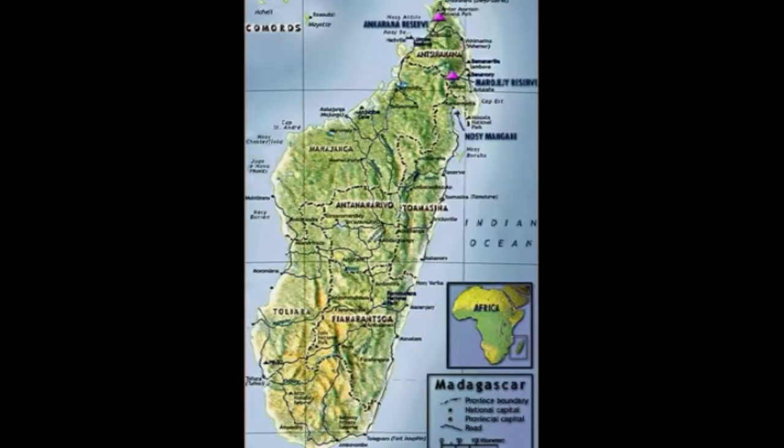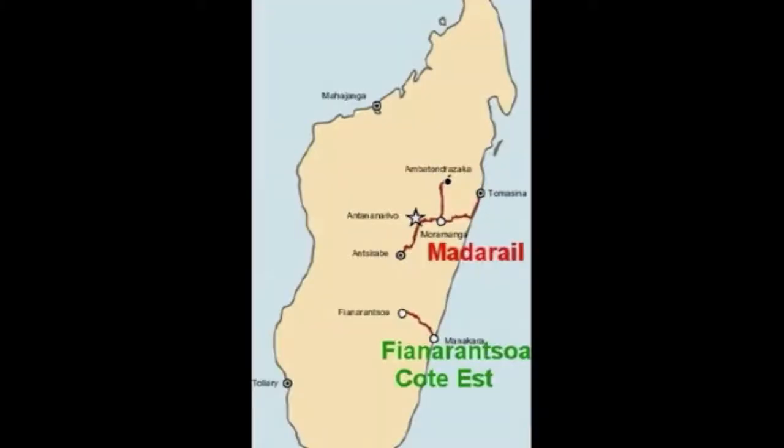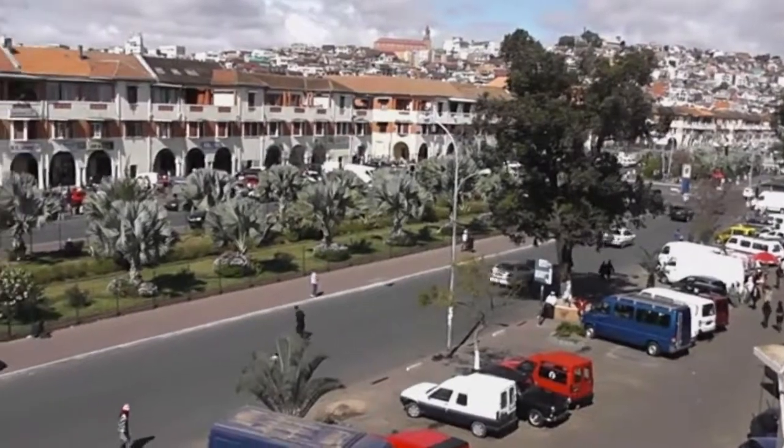Madagascar is an island in the Indian Ocean off the eastern coast of southern Africa. It is the fourth largest island in the world, and its area is slightly larger than France, its former colonising power. Meter gauge lines were, until recently, government-owned, but the northern group of lines are now operated by Madarail, with a majority Belgian holding. We start our visit in the capital, Antananarivo, with views of the busy Avenue de l'Indépendance